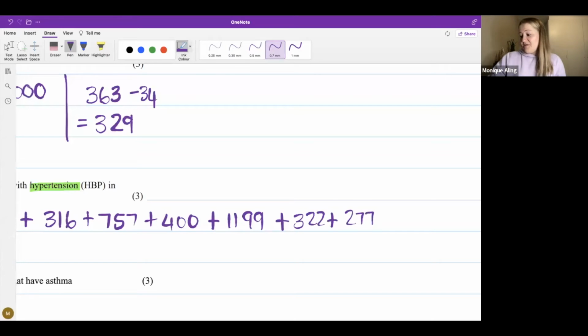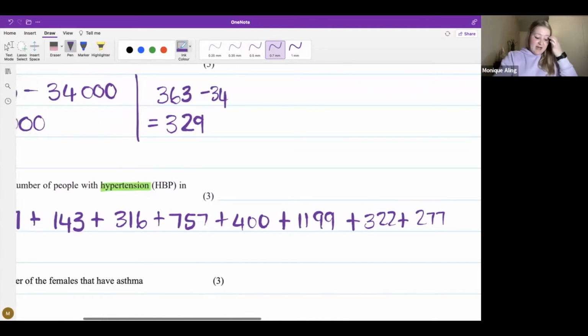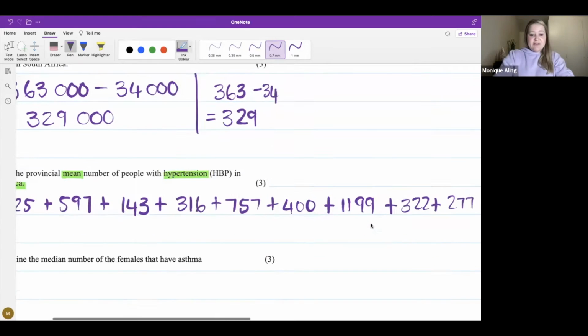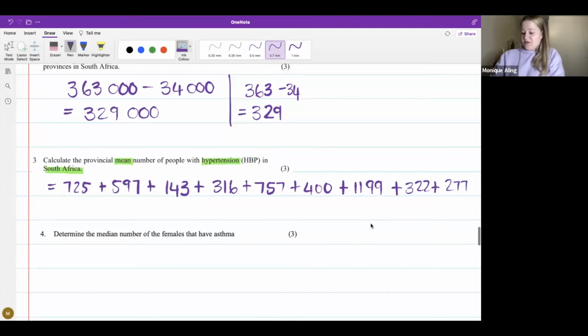Make sure that you have 9 numbers because there are 9 provinces, and you take all those numbers, you add them up, and you divide by 9, and you could get an answer of